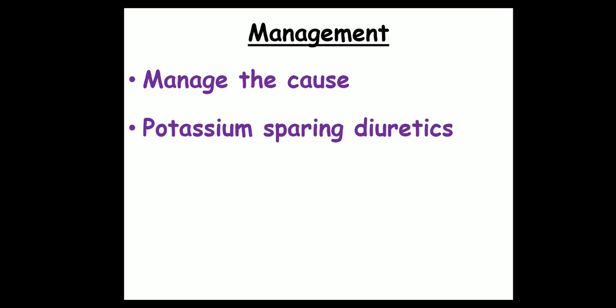How will you manage? You need to manage the cause. So if it is an adenoma, or if it is chronic low BP from cirrhosis or congestive heart failure, manage the cause. And the best drug to administer is a potassium-sparing diuretic. You can remove the excess water retention that way, and hypokalemia also can be corrected. The drug is spironolactone or Aldactone, which we commonly use clinically. So that's all about